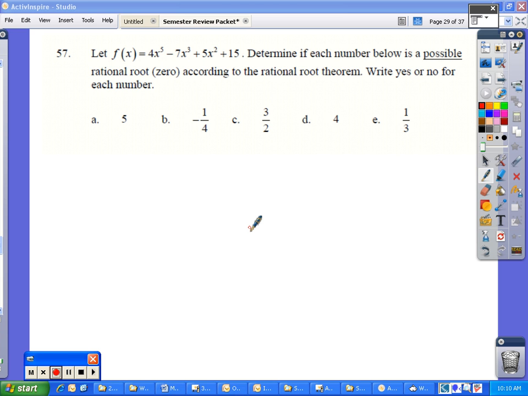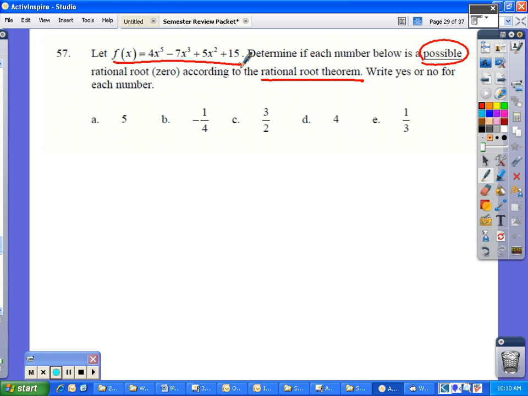Okay, so for number 57, we are determining if these numbers are possible rational roots, according to the rational root theorem. With the rational root theorem, we have to look for p and q and then determine all the factors of p and q. So in this function, f of x equals 4x to the fifth minus 7x cubed plus 5x squared